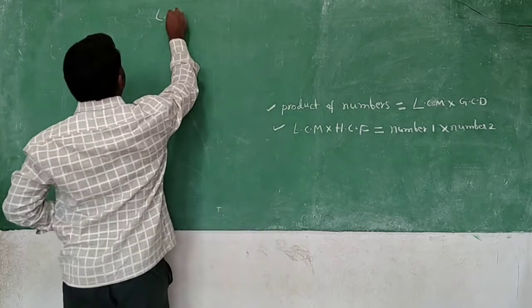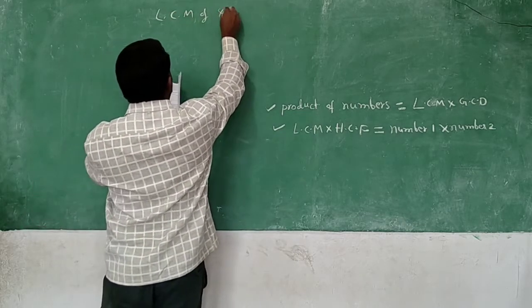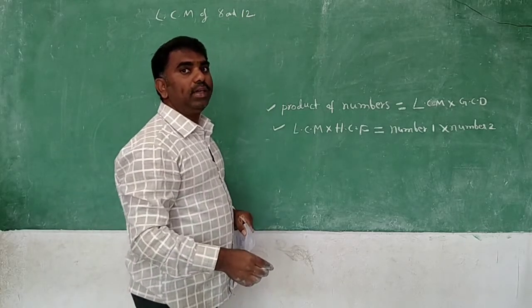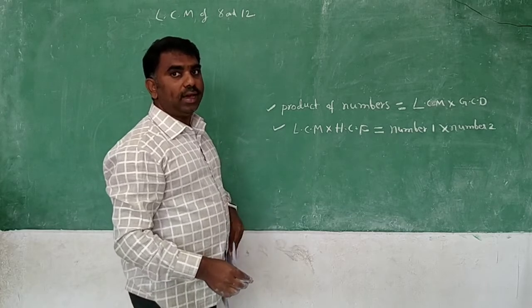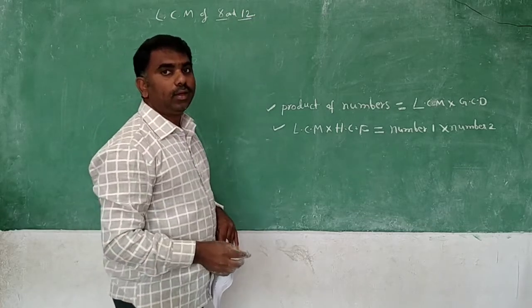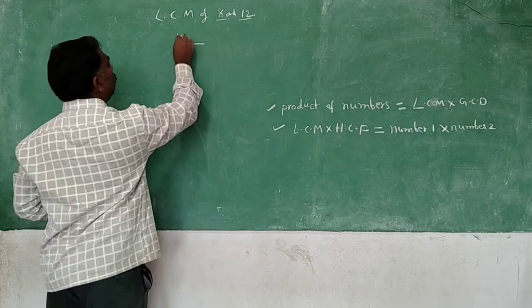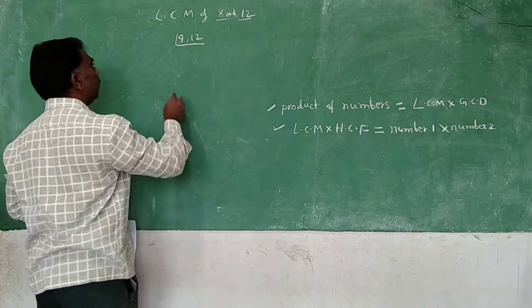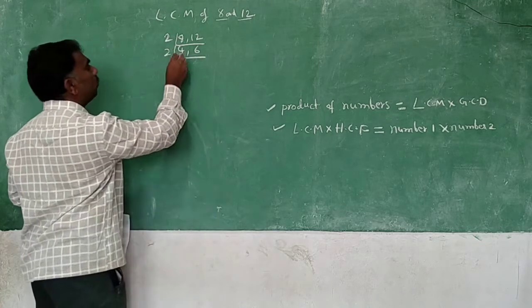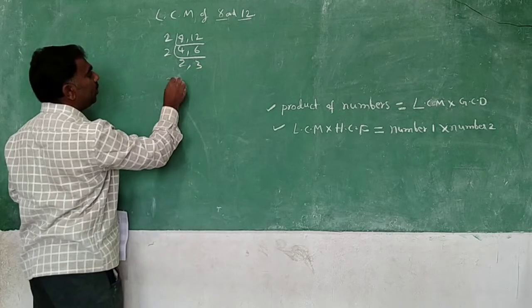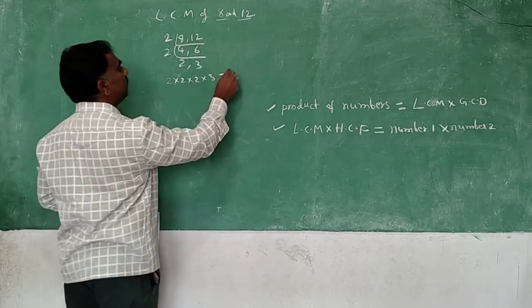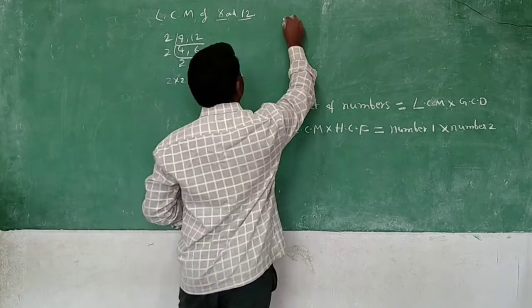So find the LCM of 8 and 12 and find the GCD, not directly, by using the above relation. Here, what do you know? You know the numbers, 8 and 12. Then find the LCM. You know how to find the LCM of 8 and 12. Both are in the 2 table: 2 4s are 8, 2 6s are 12. Again both are in the 2 table: 2 2s are 4, 2 3s are 6. So finally you can write the multiplication: 2 2s are 4, 4 2s are 8, 8 3s are 24.